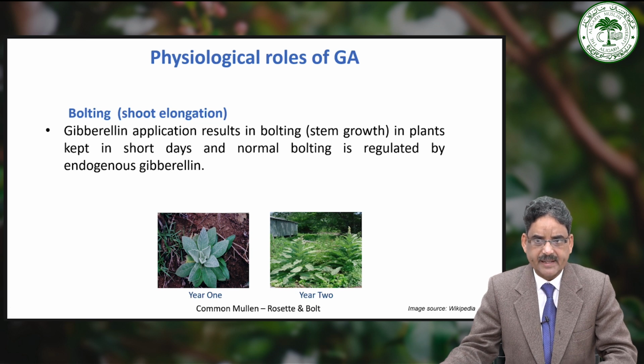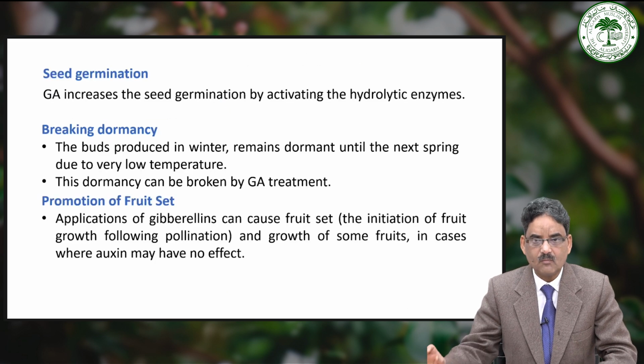Bolting is characterized by the elongation of the shoot or stem that is significantly influenced by the application of gibberellic acid in plants subjected to short days. Further, under normal conditions, endogenous GA plays a regulatory role in the natural bolting process. GA also plays an important role in seed germination, breaking dormancy, promotion of fruit set,